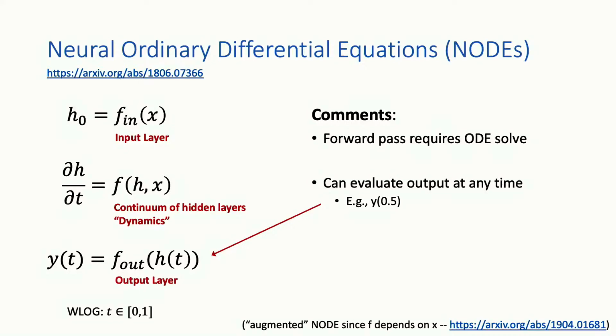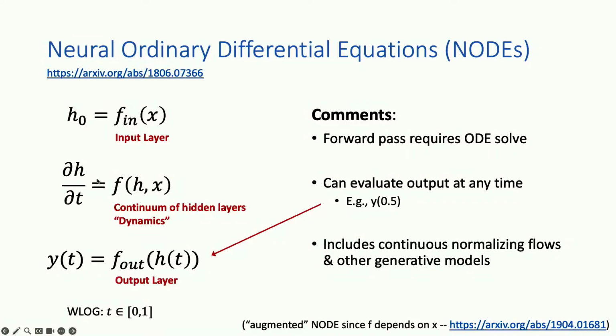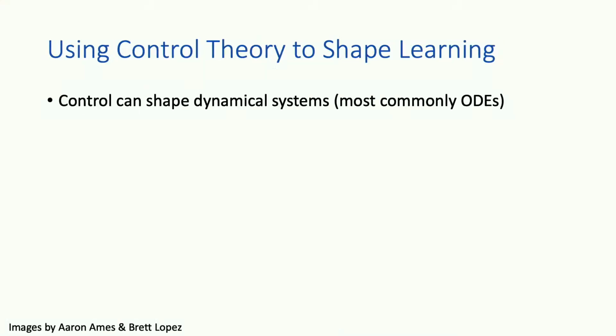at any time, because of the requirement that these hidden layers have the same semantic meaning throughout. And generalizations of this include things like continuous normalizing flows and certain types of generative models, amongst other applications that one could use these for. And the idea is that, okay,